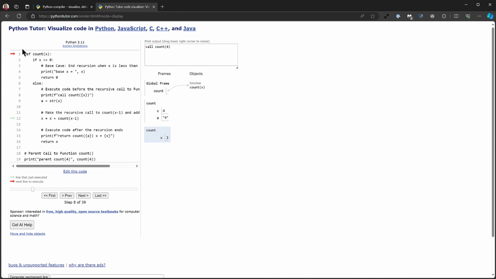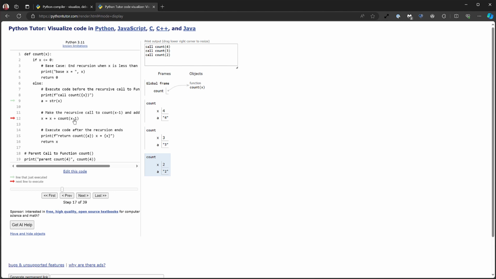So it's going back up to the top, and it's going to start again. Because the base case didn't execute, that means it was false, and so we're going to go into this else block. And now we're calling our next recursive call, in which case it's going to come up here again. It's going to verify the base case, and it's going to call for 3 minus 1, which is going to be count 2.